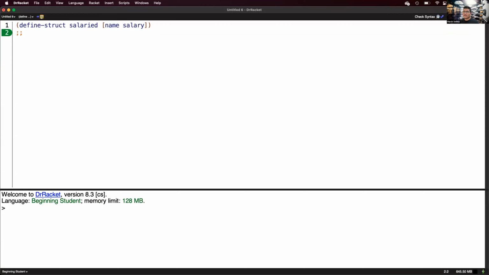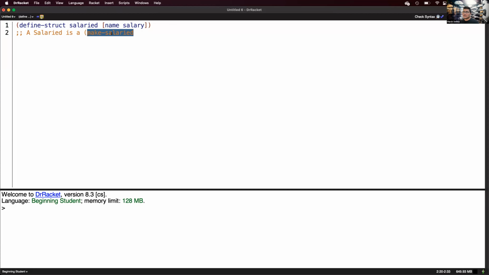So the first thing we have to do when we are writing the data definition for this, when we're creating a new data, is write the data definition. The way we write it is we essentially do a salaried, which is the name of this specific structure, and ensure that you're using a capital letter because that's used to indicate a data type. A salaried is a make-salaried,